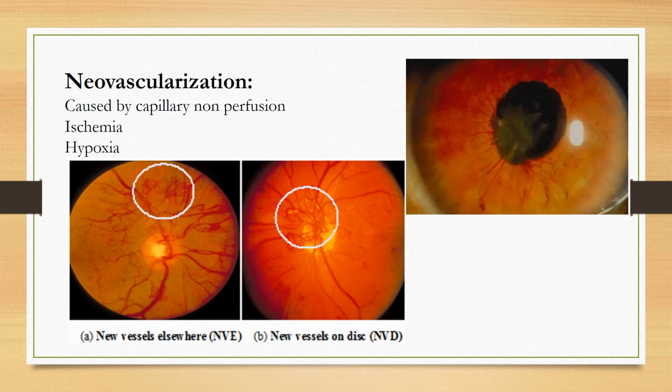Here this is neovascularization in the disc. This is neovascularization in the peripheral retina, which we call neovascularization elsewhere. This is neovascularization in the iris, or the rubeosis. So this is the reason why, with slit lamp examination, even if you don't see the fundus regularly, if you are able to assess the anterior segment, you will be able to find a few changes, which is a sign of posterior changes.